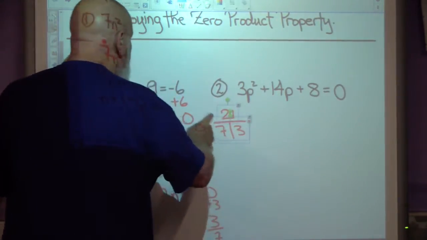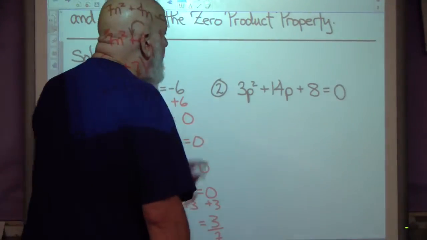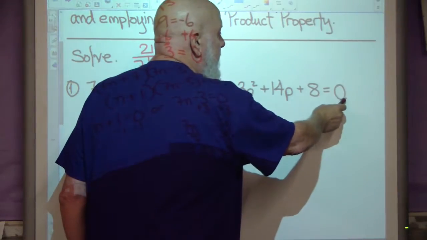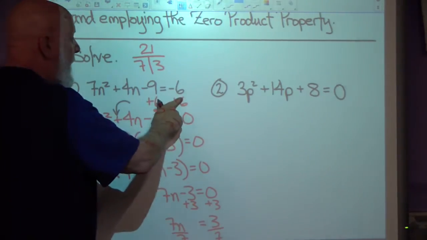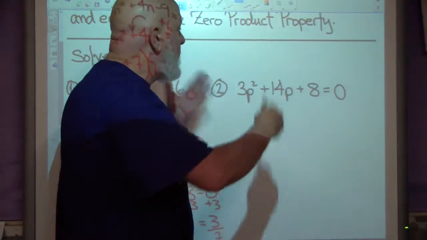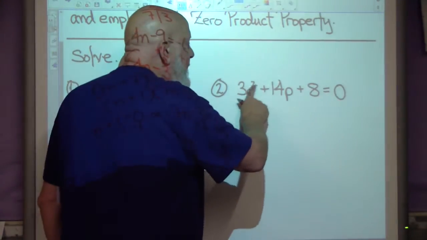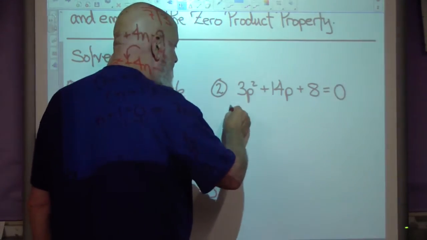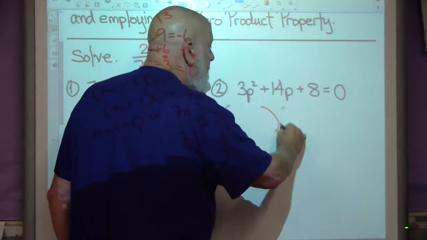Move my little T thing up here. Okay, I'll look at this one and say, hey, this one's already set equal to 0. So I don't have to, up here I had to add 6 to both sides before I started. This one's already set equal to 0, so I can just start factoring. I'm going to try to factor 3 out of all of these, and I see that I can't, so I'm going to have to use the T method. So here we go. Using the T method,